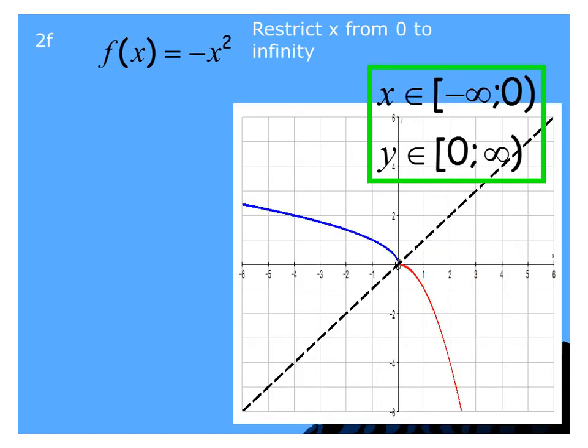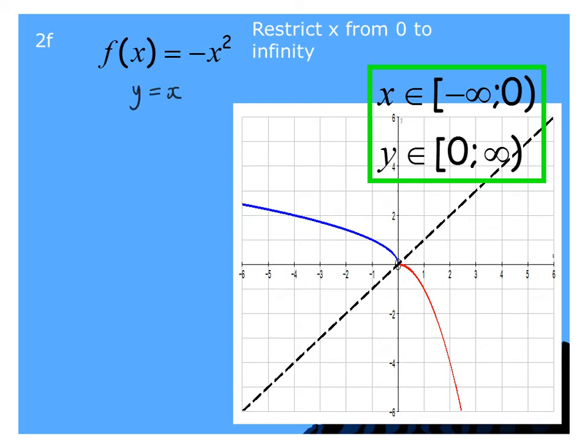What do we notice here? The original function is the negative of the parabola. It would normally be sitting below the line where the red is. However, what we have done is restricted it so that we were only worrying about the positive inputs. What we notice is that when we worry only about the positive inputs, the inverse is this blue line that gets created. So if we were going to do the mathematics behind finding the inverse, we would say that y